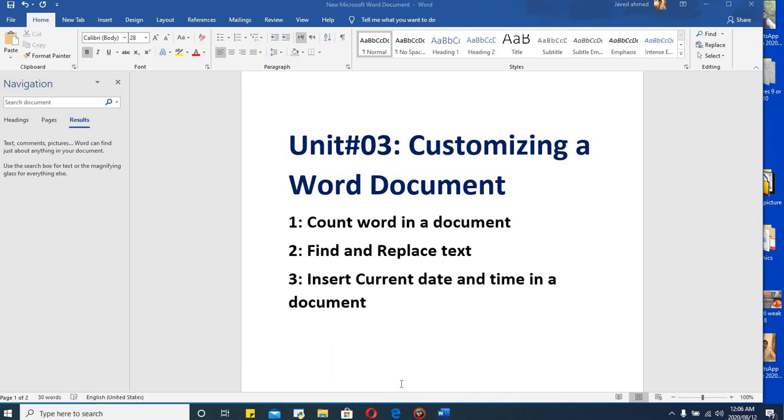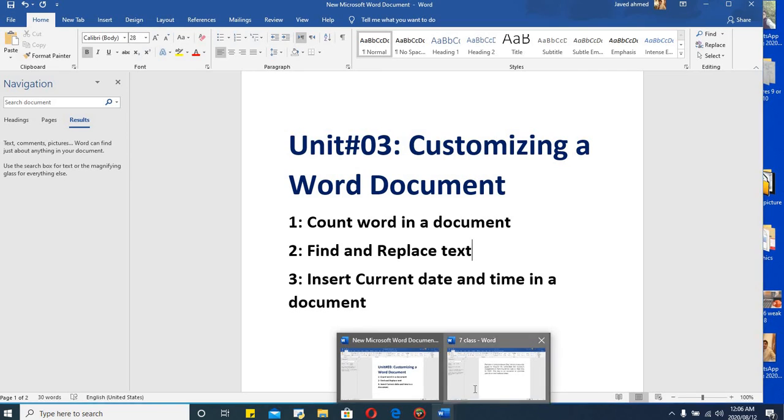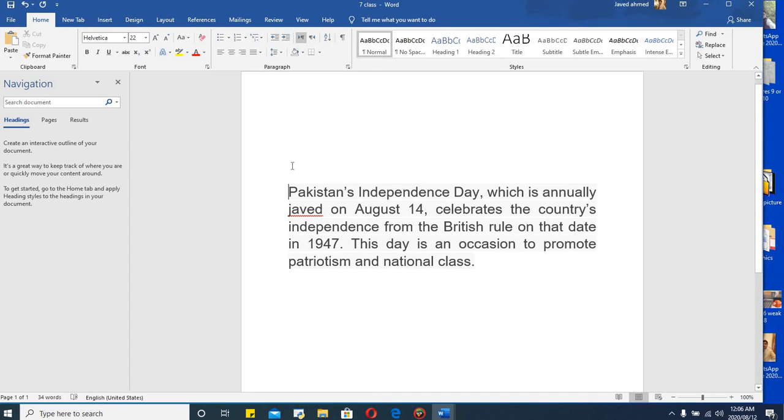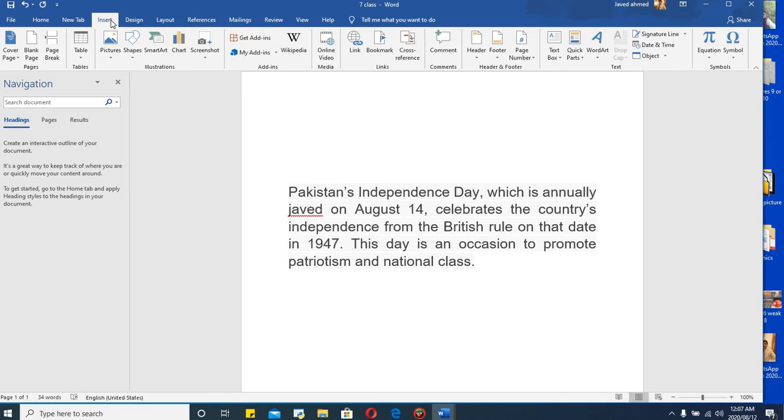The last feature is insert current date and time in a document. It is easy. Enter this paragraph and then insert this. Click the Insert option, and the second last option is Date and Time.